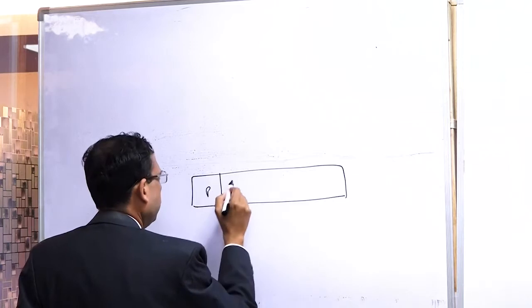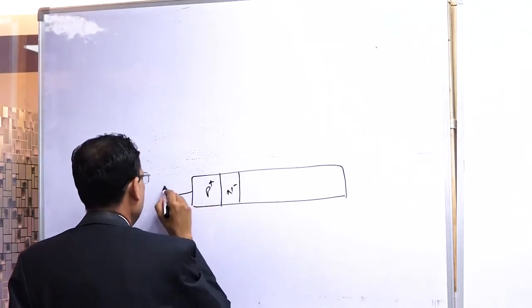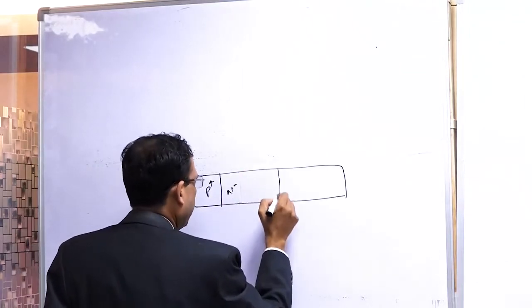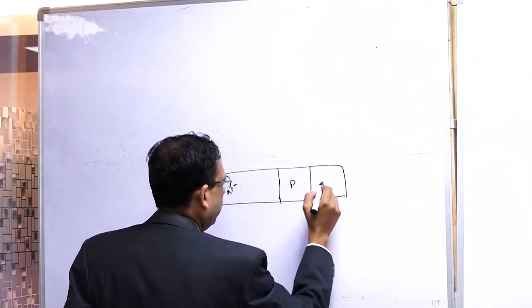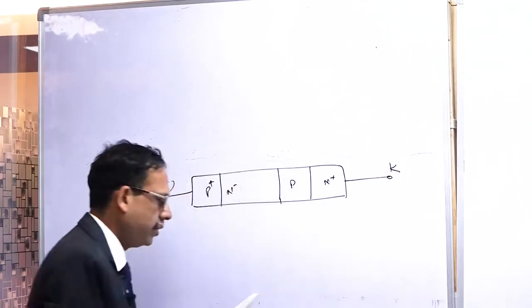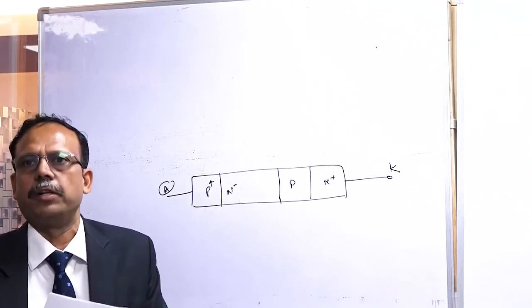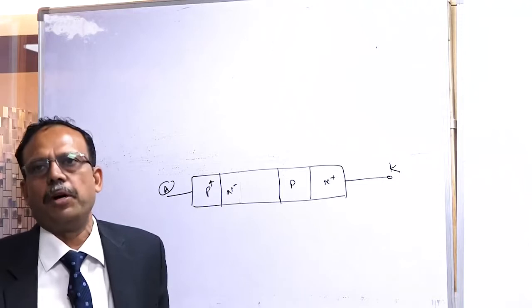This is P, this is N minus, this is P plus, this is anode. This is going to be like this, big one, and this is going to be P, and this is going to be N plus, and this is going to be cathode. Now the question, when the cathode of a thyristor is made more positive than its anode, means what? Whether it is forward biased or reverse biased. Please write down on your chat box.